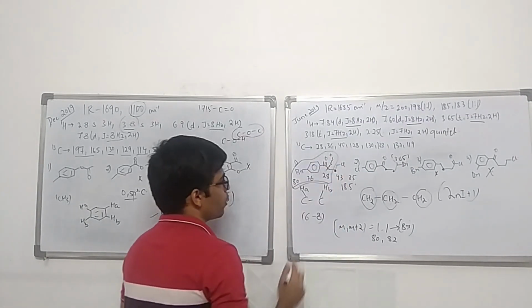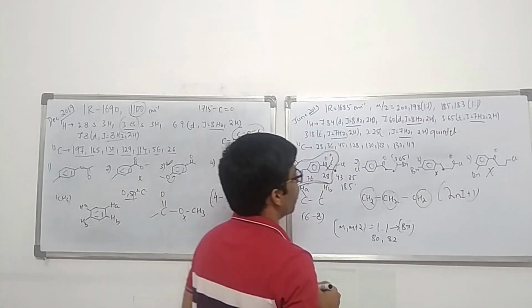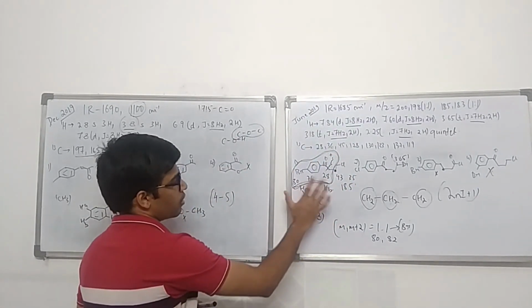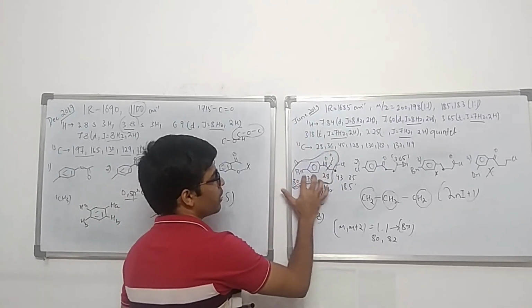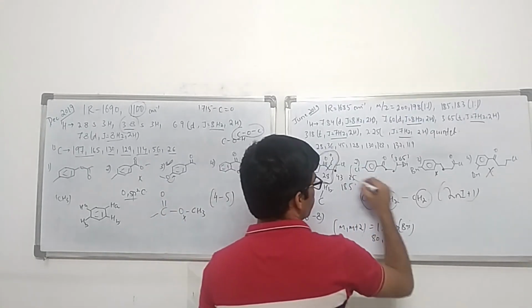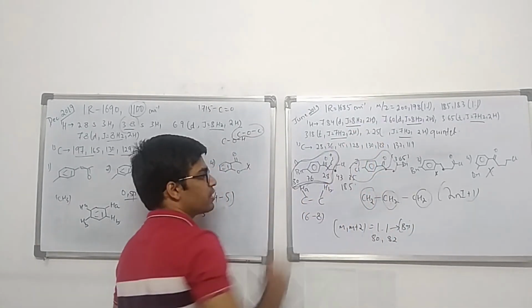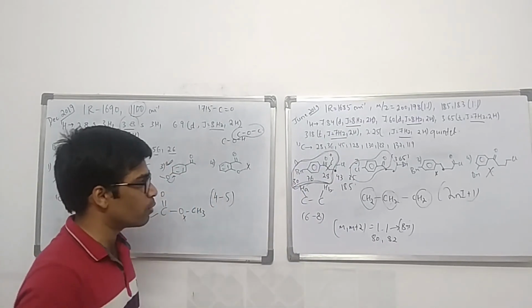Yeah. Okay. So this shows that the system has bromine in the para position and not the other way around. And if this was supposed to be the system and the fragmentation is occurring here, the bromine will not be a part of the M by Z value. So that means my answer has to be this one.